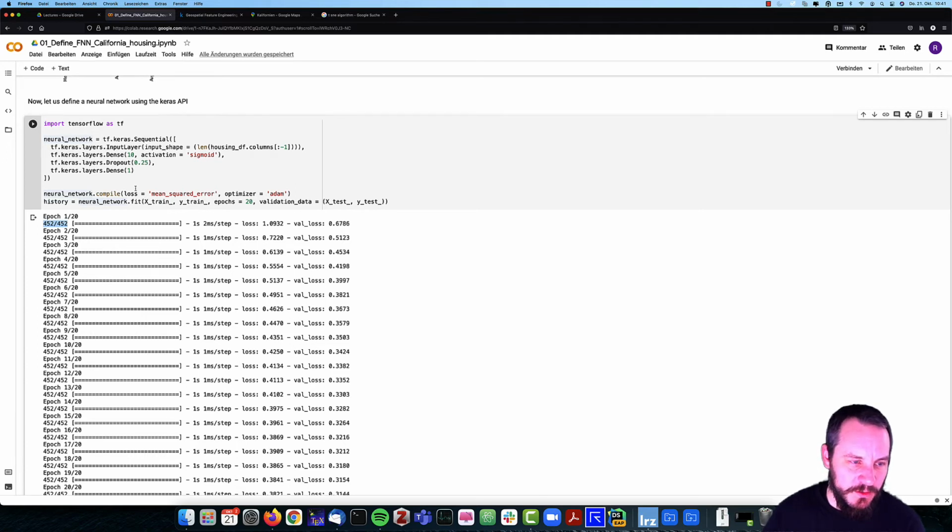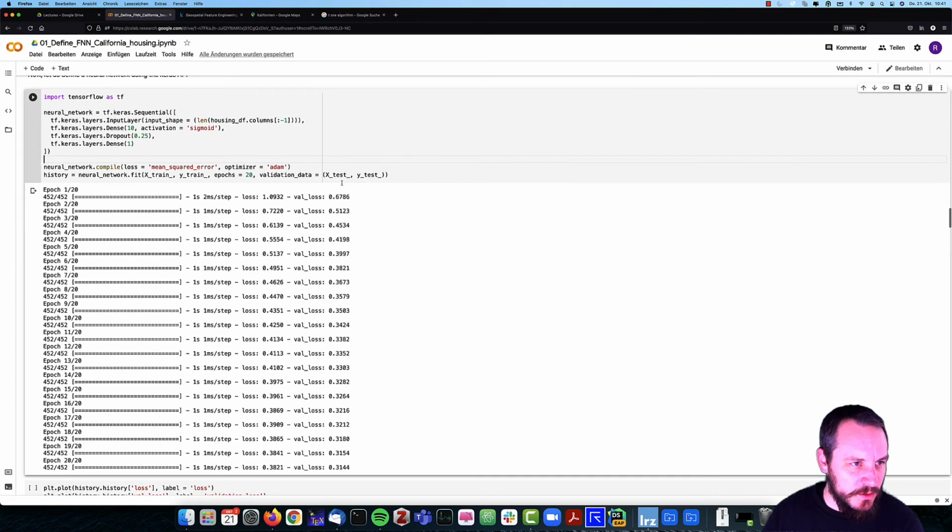Okay, this is really detailed knowledge, but I just want to make sure that you maybe heard about it. And we also have directly the possibility here to hand over the validation data, which is not going to be used for calibrating the parameters, but which is evaluated during training. And then if we press play here,